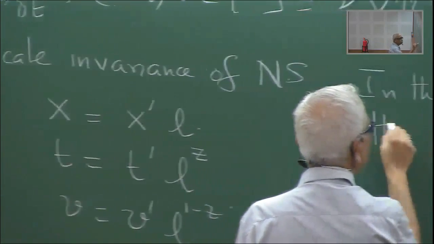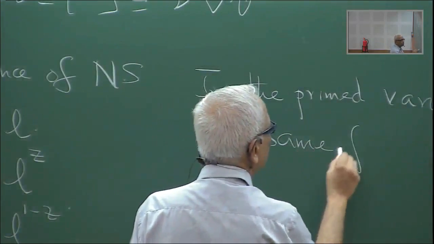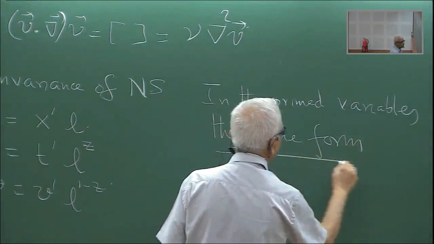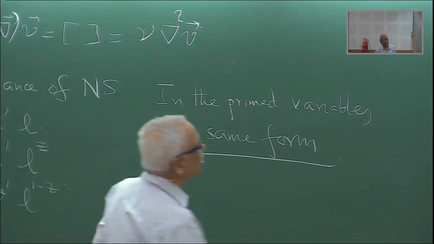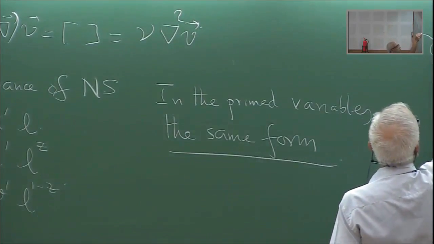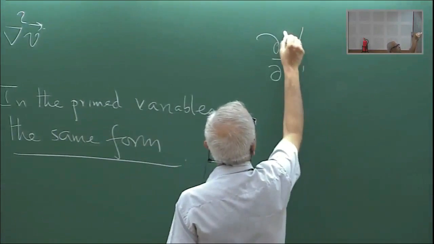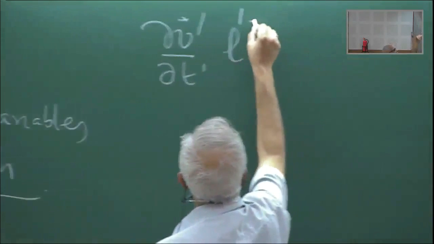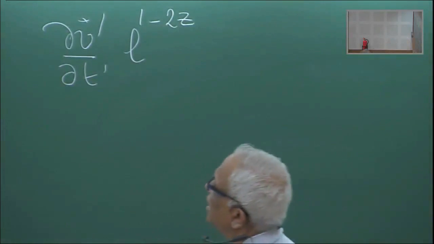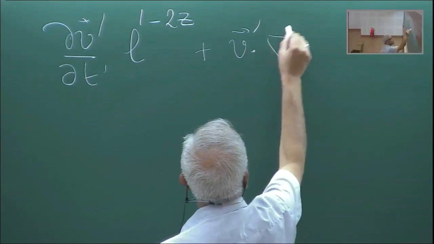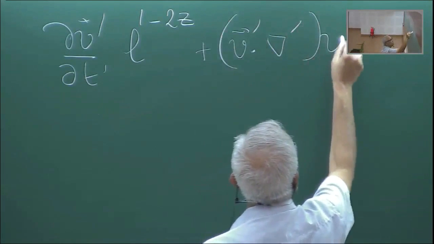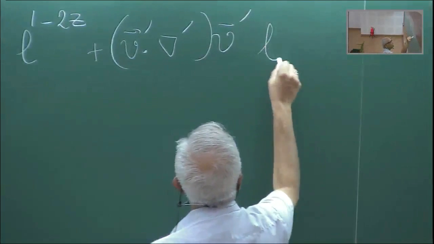the same form. So that's what the scale invariance is all about. So del V, del T. So what does the first term become? Del V prime, del T prime, and this is L to the power 1 minus 2z, plus V prime dot gradient prime V prime L to the power